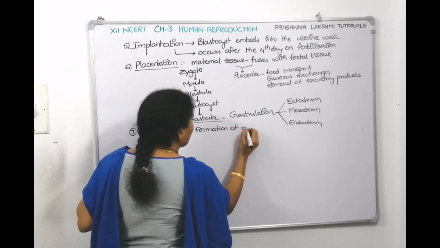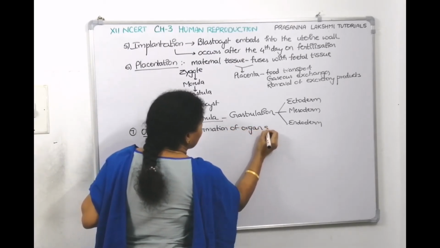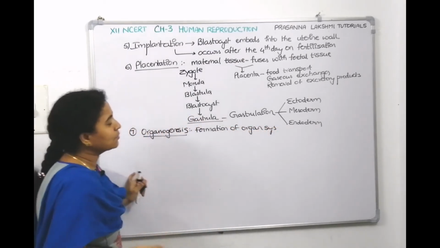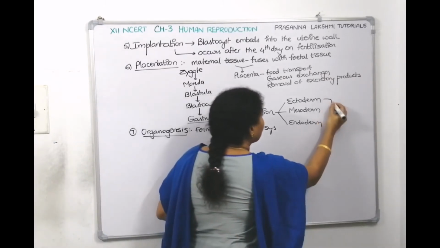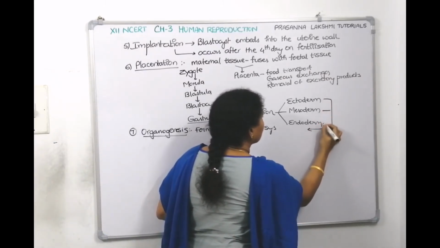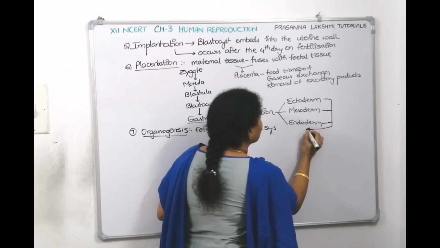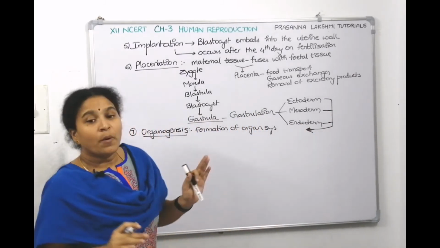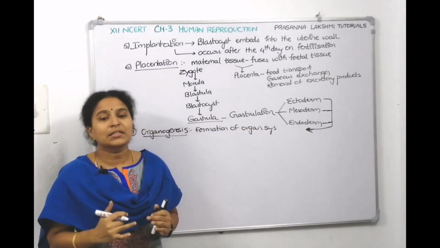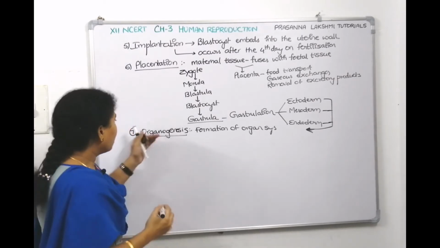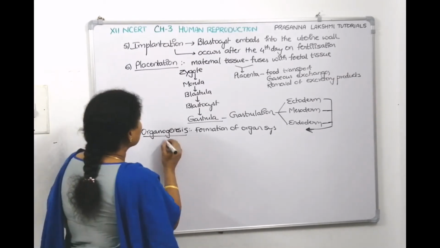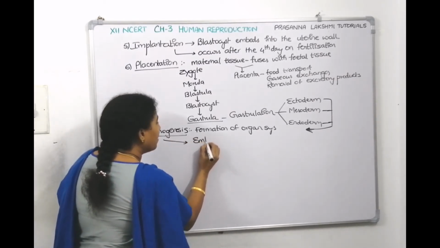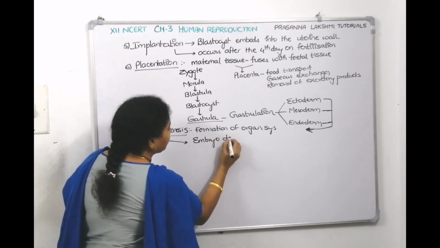Formation of organ systems. From where are the organ systems formed? Organ systems are formed from these layers: ectoderm, endoderm, mesoderm. Now, when all these organ systems are formed, then what happens? The embryo is developing, right? Organogenesis leads to embryo development,